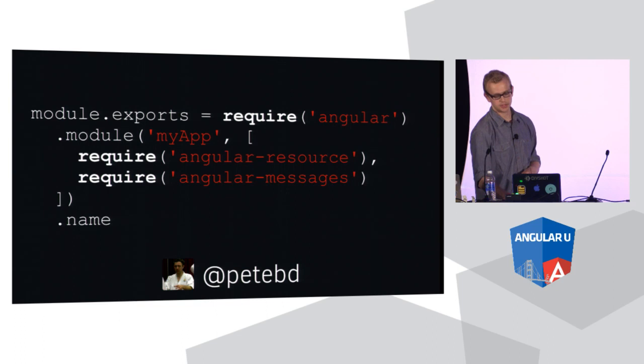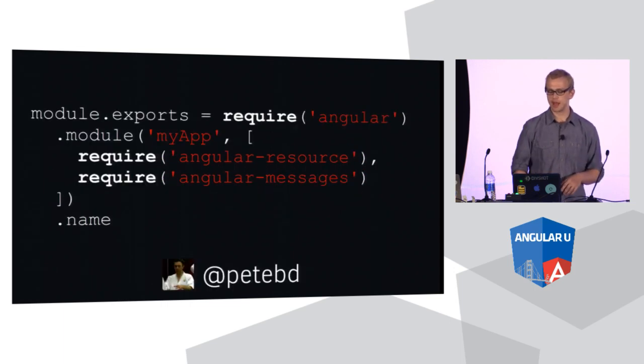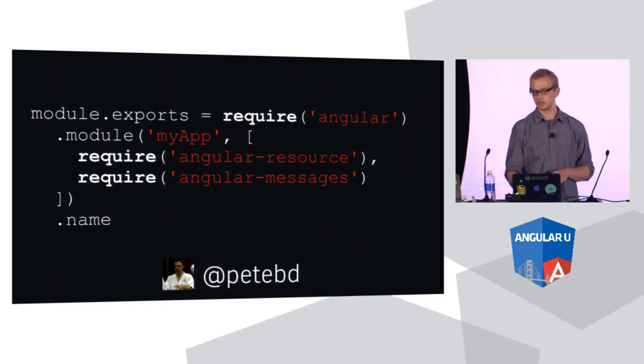And so if we actually look at the source code for Angular resource, this is why this works. We're requiring the original Angular resource script. This is what you'd get from Bower. And then we're exporting a string. And so if we go back and take a quick look, what you realize is happening in one single function call in that one require of Angular resource is the registration of the module and the presentation of the string with no duplication. So this is a consistent theme. How can we avoid duplicating build steps? Because those are a recipe for bugs and for frustration. So in this case, we have no duplication whatsoever. As long as Angular resource is installed, this application just works.